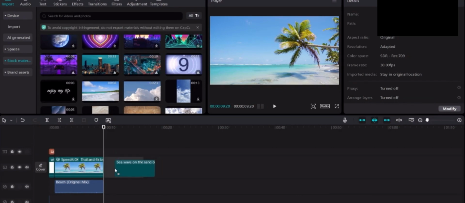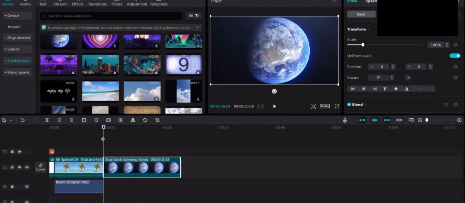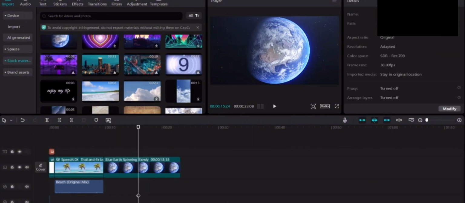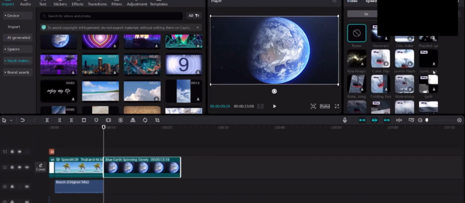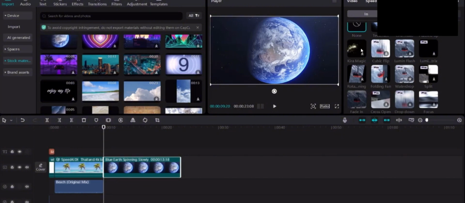Right, maybe what I'm going to do is the blue earth spinning slowly. I think that this looks really cool. And now, since it's 13 seconds long, I'm going to make sure that going into this clip I have an animation. So I'm going to have a look. Cara Magic. What does this one look like